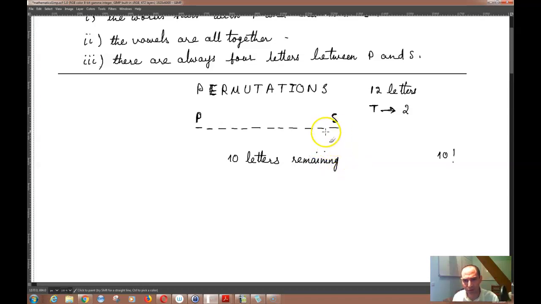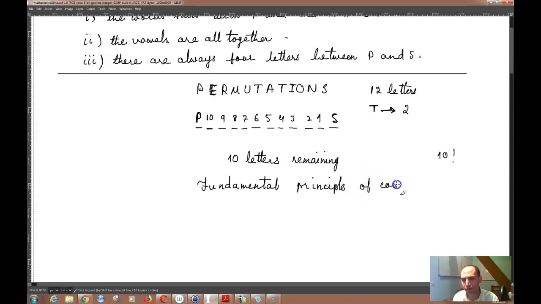Now since 10 letters are remaining, this placeholder you can fill in 10 different ways. This placeholder you can fill in 9 different ways, then 8, 7, 6, 5, 4, 3, 2, and 1 different ways. And you can use the fundamental principle of counting,